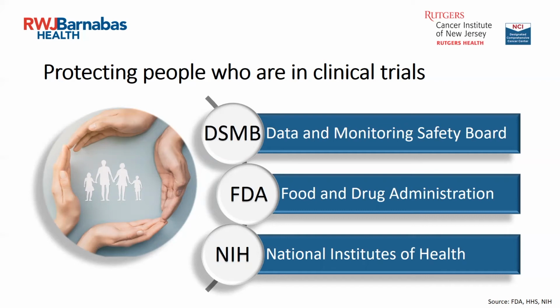The FDA, Food and Drug Administration, oversees and regulates the conduct of clinical trials. So if you recall in the previous slide, they're the ones that mandated the IRB. They are also in charge of the Office of Good Clinical Practice. The NIH, or National Institutes of Health, provides funding for a lot of clinical trials, and they make sure that all of the trials are led by researchers that are trained in the Good Clinical Practice guidelines. Those were the guidelines we saw implemented in 1996 in the ethical Milestones slide.